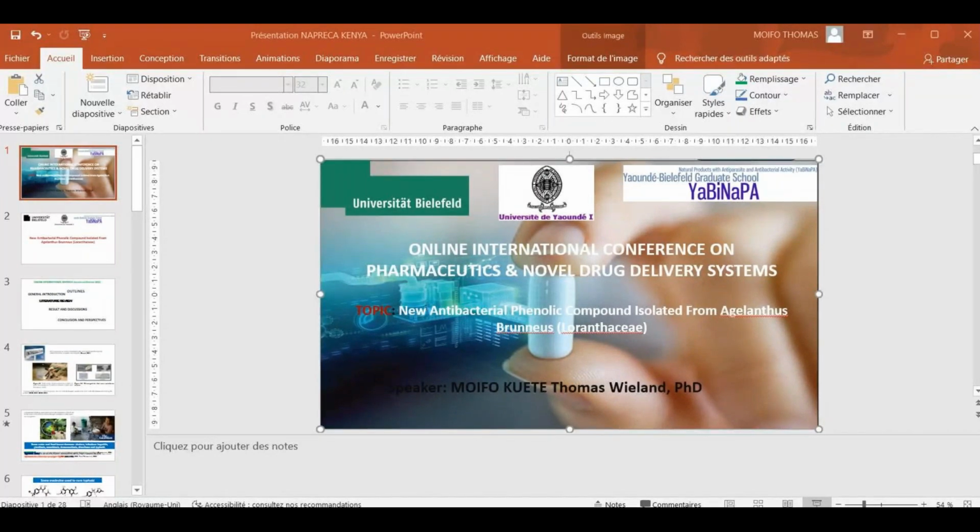In this table, some authors have tested the crude extract of some species of the family Loranthaceae, and the results are presented. The first extract has excellent anti-inflammatory properties, and the second showed antibacterial activity against Escherichia coli, Staphylococcus aureus, and others. So, the antibacterial potential of some species